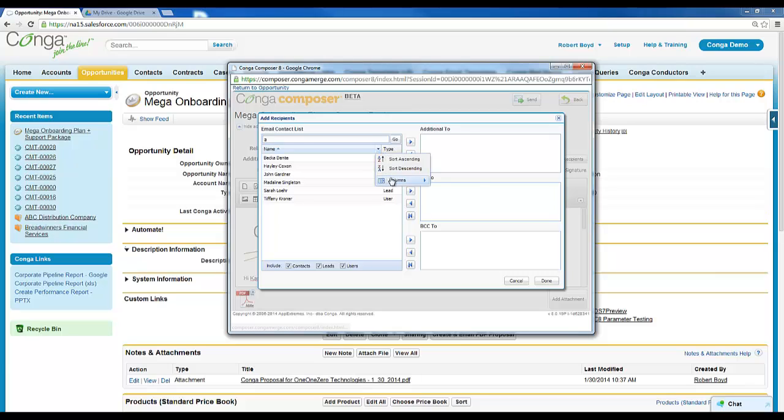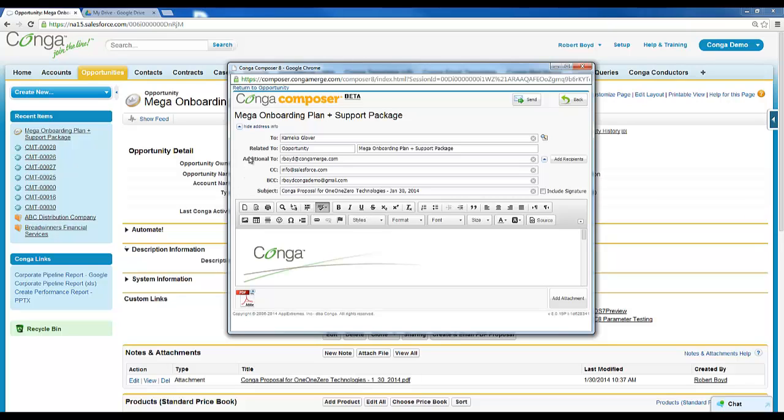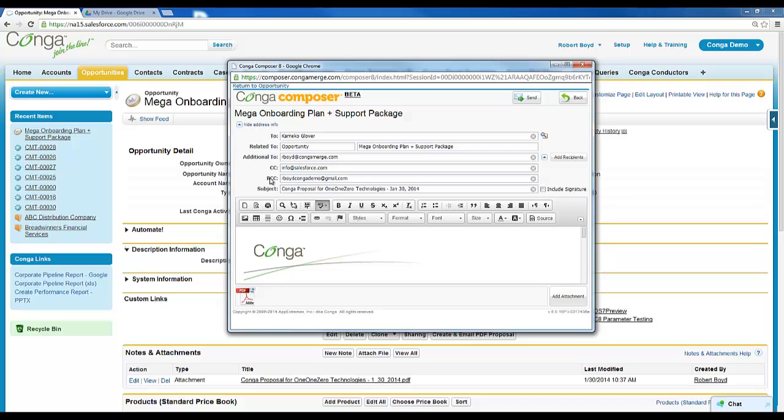I can also go about adding another column here. I could add the email column as well. I could filter for maybe just contacts and leads if I wanted to. And most importantly, I can select different individuals here out of the list and add them as either additional to, CC, or BCC. Pretty cool. So after I make those selections, hit done, it's added them to these new fields right here in the address block. So moving down here, I'm going to go ahead and collapse the address info